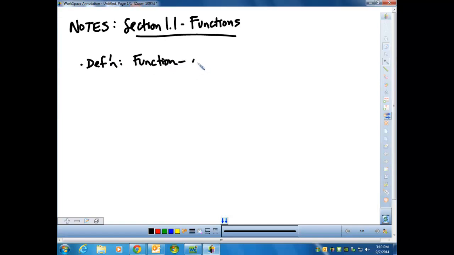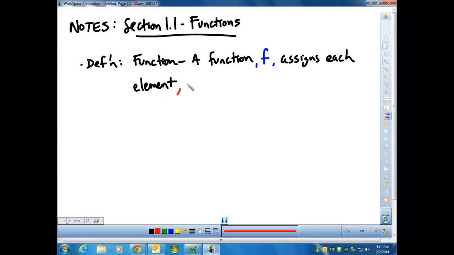Functions, definition of it. A function, and we're going to call that function f, and it could be any letter, but f is what we typically use a lot of times. A function assigns each element, and those elements we would call x values. Those are just the things that we plug in. It assigns each element x of set A